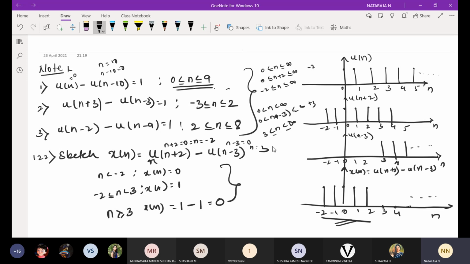See, this type of problems we'll discuss discrete, and in the next class we'll discuss continuous. Both discrete and continuous will finish in another 1 or 2 classes. Then I have left out the graphical representation of even and odd signals, which we'll discuss in 1 or 2 hours. Then some special graphical representations in this module, we'll discuss that in 1 hour. Totally another 3 to 4 hours we'll finish this module.